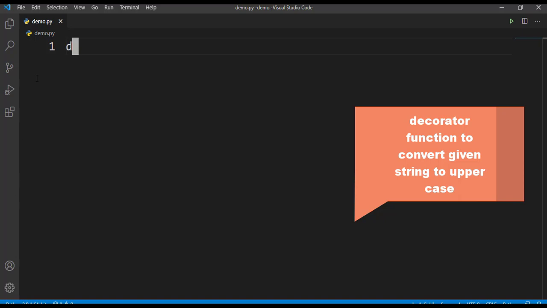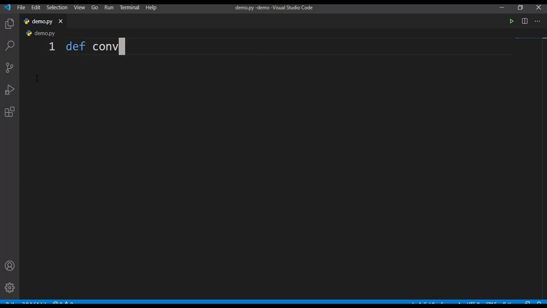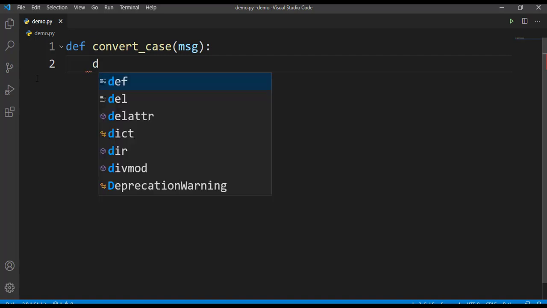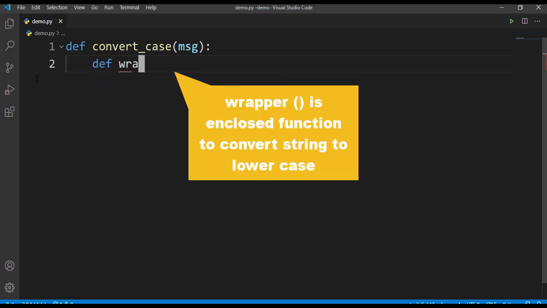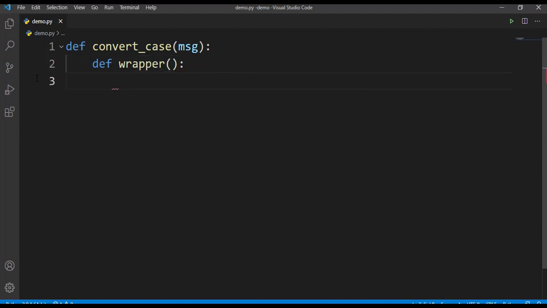So let's define a simple decorator function here. Convert underscore case. So this is the definition of decorator function. So how this decorator function will convert another function's string into uppercase, that is by using another function defined as an enclosed function. So let's take another function as wrapper, and in this wrapper function it converts another function's string into uppercase.